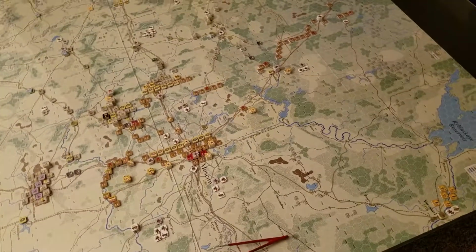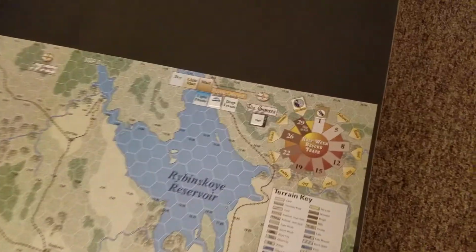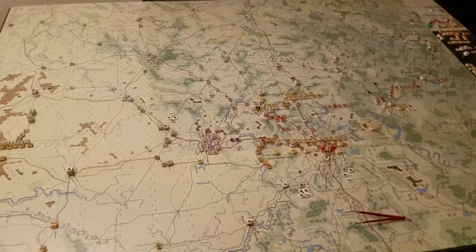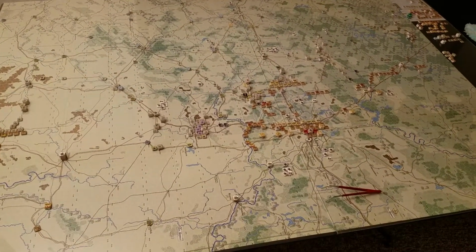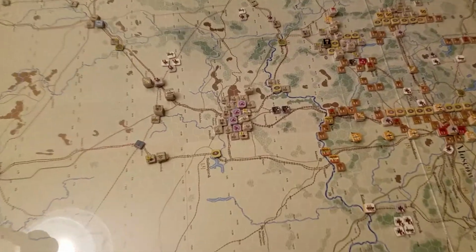Okay, so here's the update for the beginning of the December 1st, 1941 game turn. So here's an overall view of the map. So there is what it looks like. And as we zoom in,